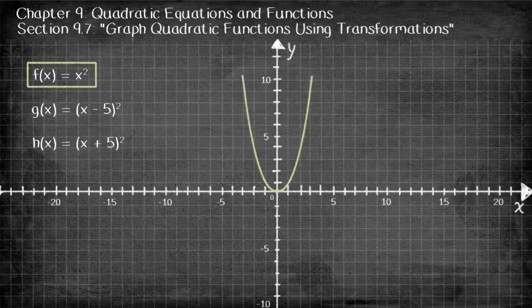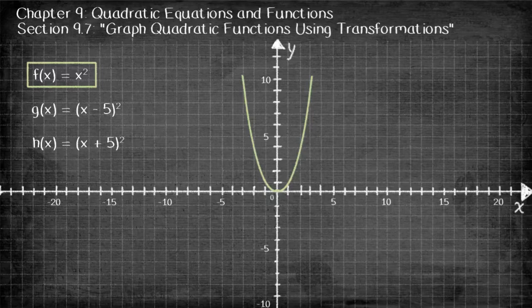So we return to some more examples, f of x being the basic x squared graph that we know and love. We look here at g of x and h of x, where you're still adding or subtracting a number, except this time you do it before the number is squared. According to PEMDAS, you do the expressions inside the parentheses first. So what happens when you add or subtract before squaring the number? How does that affect things? Well,